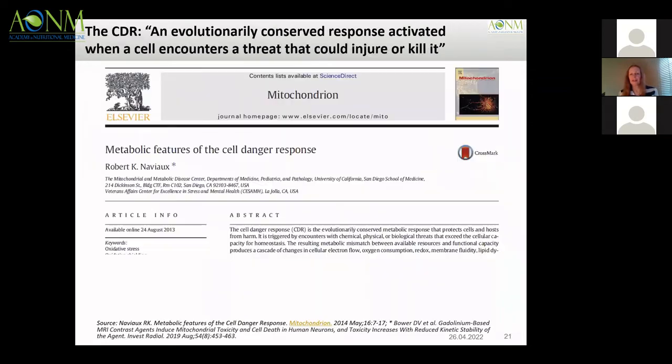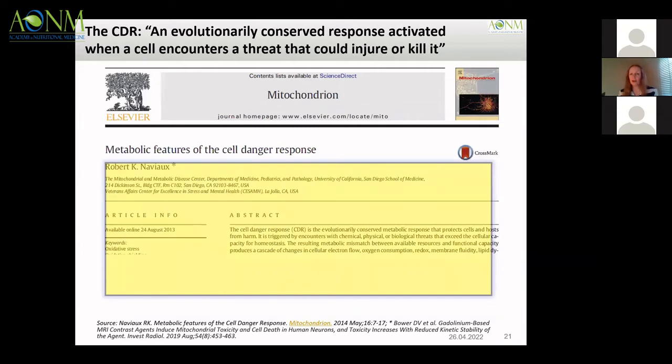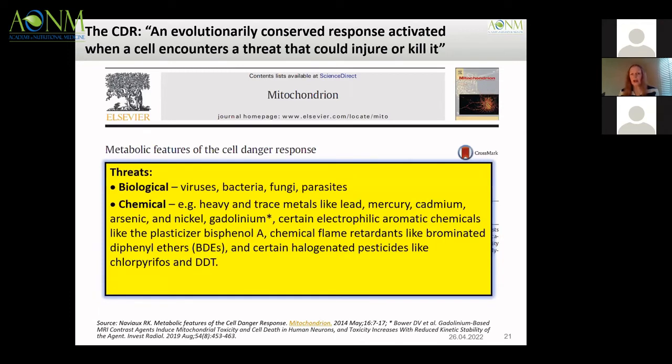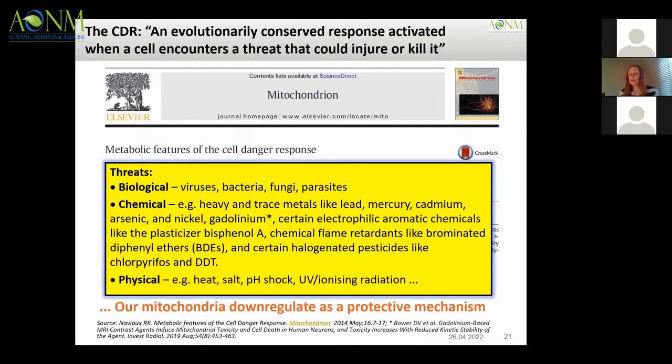So the next slide talks about the cell danger response. It's worth remembering that this is an evolutionary conserved response, meaning it's very, very old, that a cell, when it encounters a threat that could injure or kill it, recognizes that, and the mitochondria, in our case, downregulate as a protective mechanism. So that circles back to what we talked about earlier. If the cell recognizes that it's being attacked by viruses, bacteria, fungi, parasites, chemicals, other kinds of shock, that it